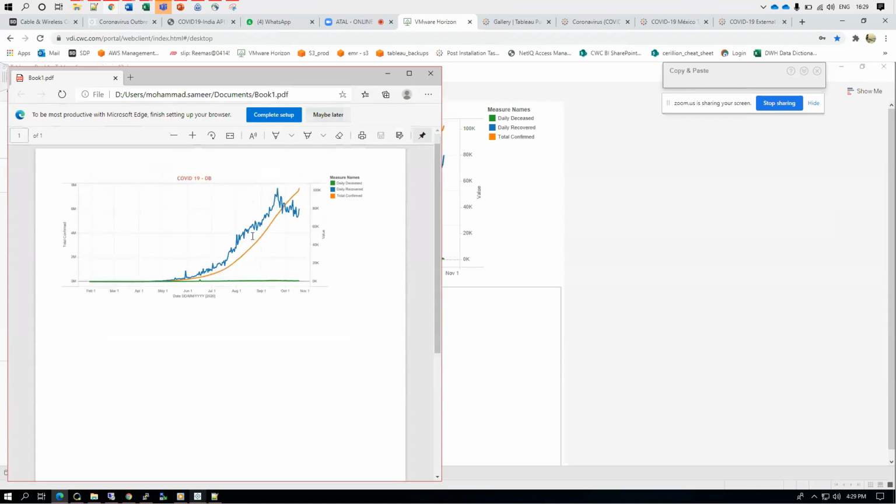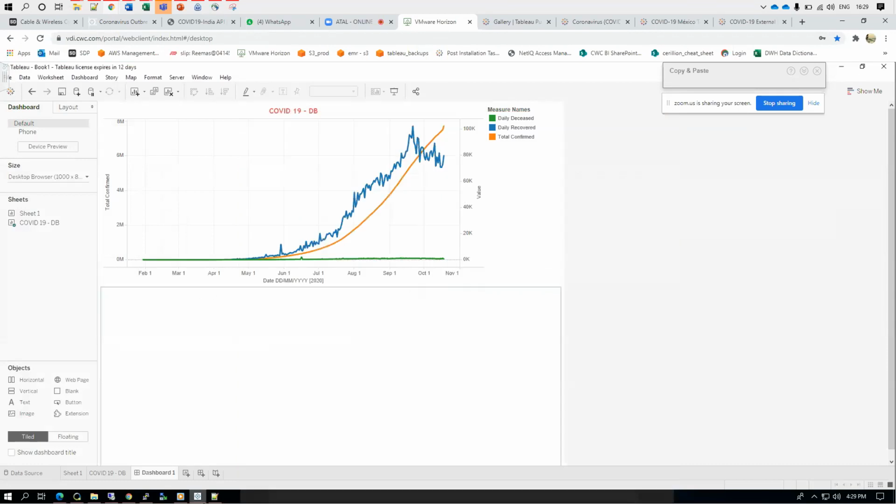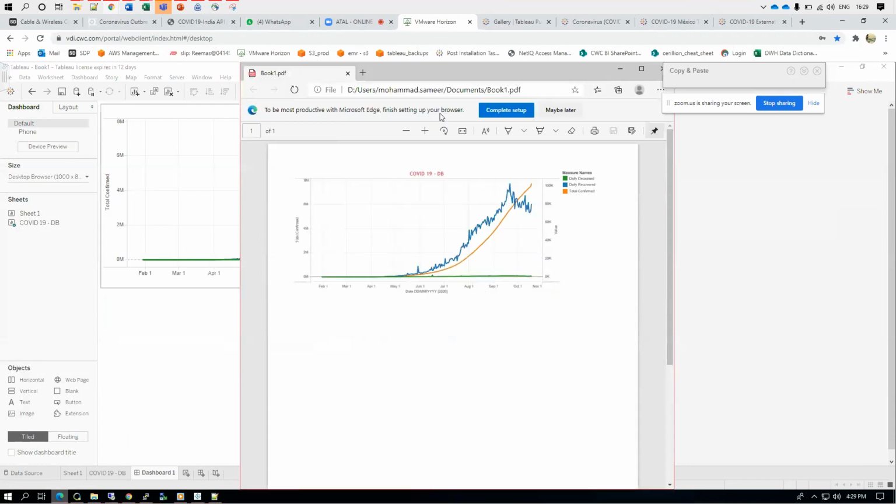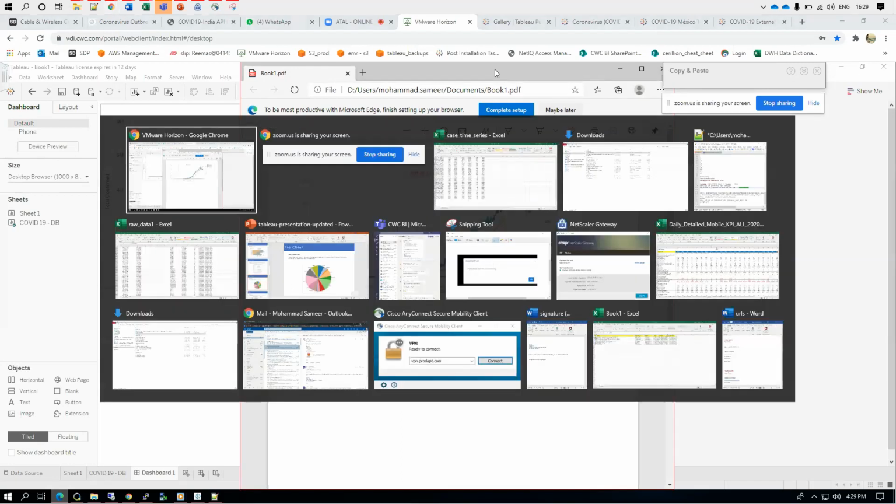The PowerPoint option is also there, but that option is available only in Tableau server. Once you create this report, you need to publish it to Tableau server, and then go and look at the report over there. At that time, you will have an option to download the underlying data. There's the option to download the workbook and the PowerPoint also. The PowerPoint will be in the form of each report being considered as